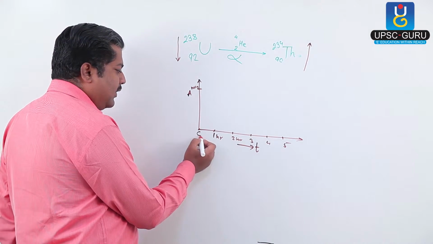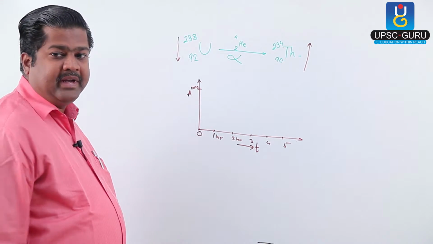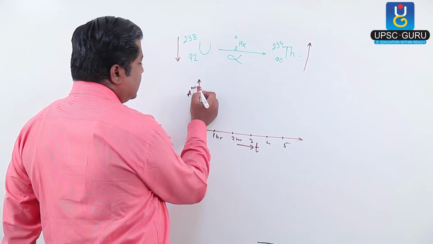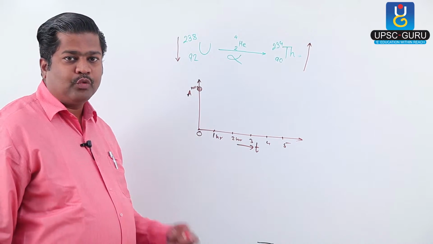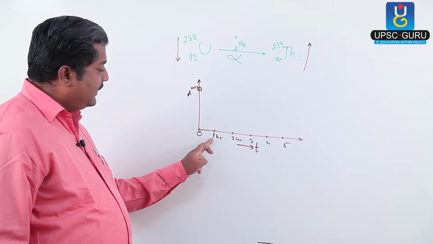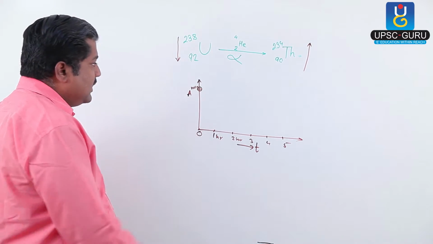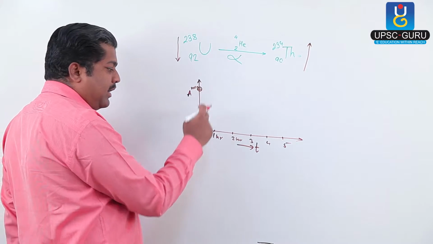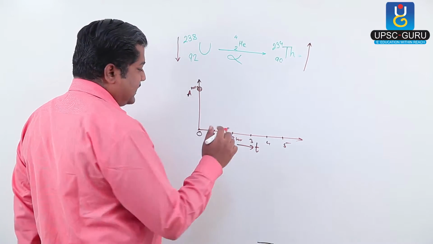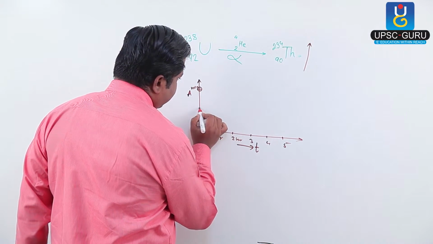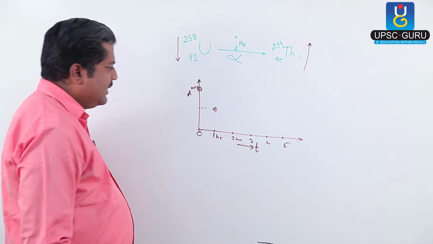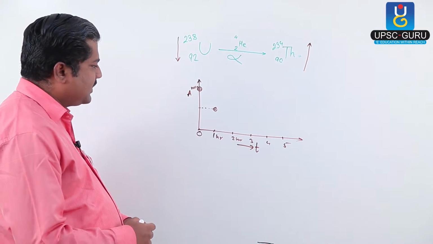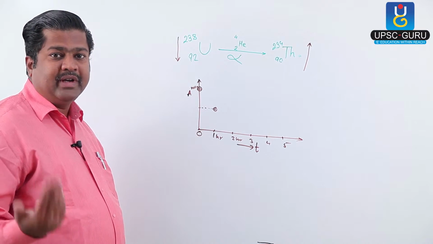So here T equal to 0 because at the beginning we are observing. So this is the first point, 100 gram. Now the half-life period is suppose 1 hour. So after 1 hour, what is the initial amount? 100. Of that, 50% will remain. So this is the amount of substance remaining, whereas this is the amount of substance converted into the new element,